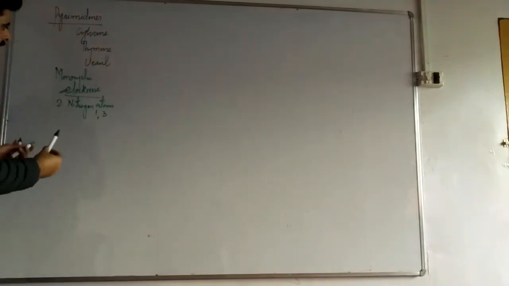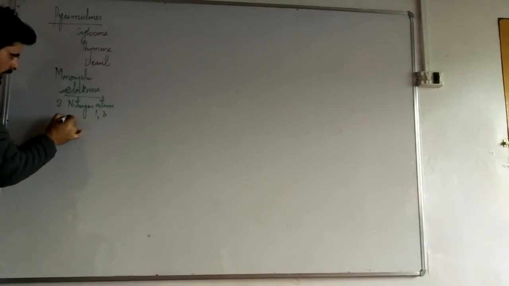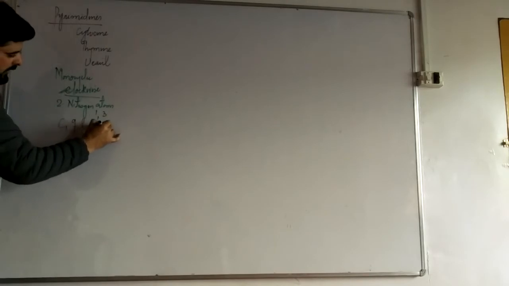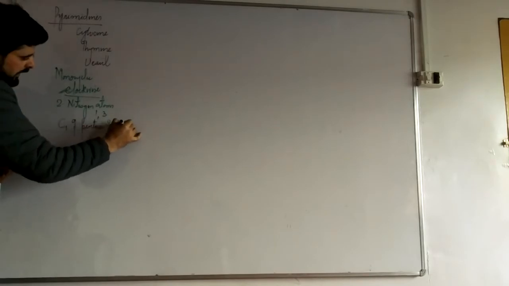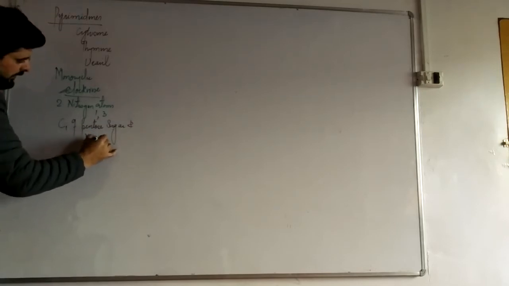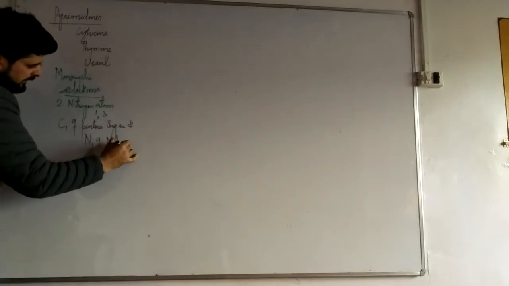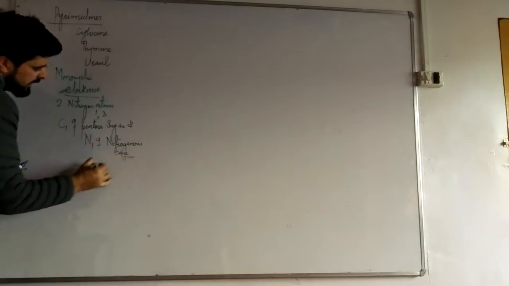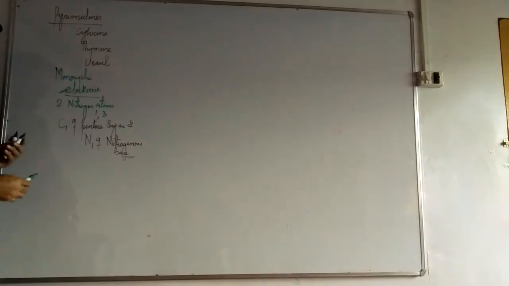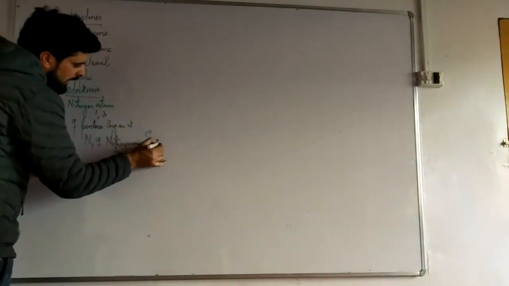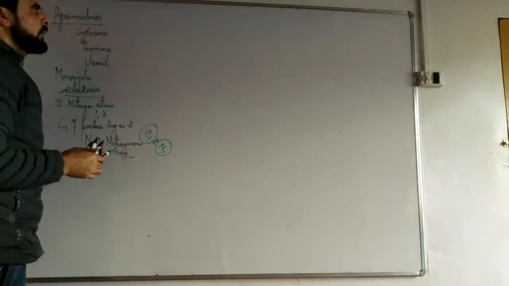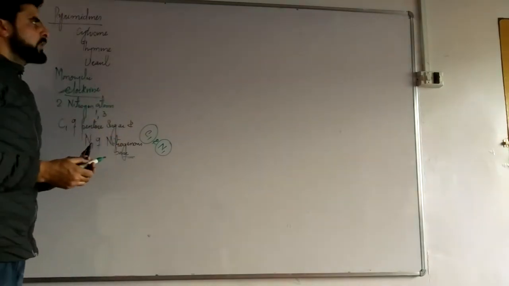One more thing: during nucleoside formation, the bond is formed between C1 of the pentose sugar and N1 of the nitrogenous base. That is for pyrimidine; purine is different. So pyrimidine makes a bond with the sugar between N1 of pyrimidine and C1 of the sugar. Let's take these structures in detail; first the structure, and afterwards we'll go through nucleoside formation.